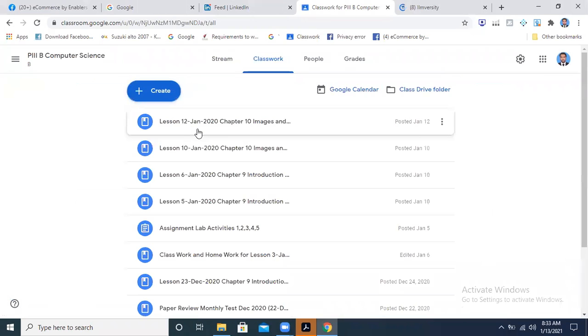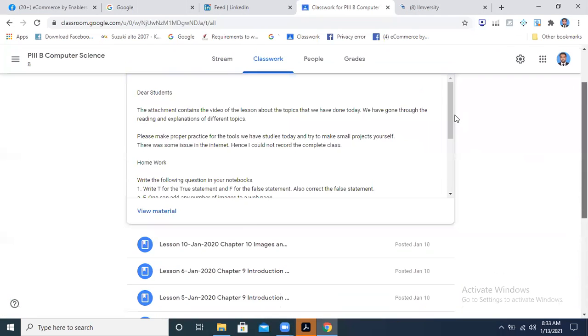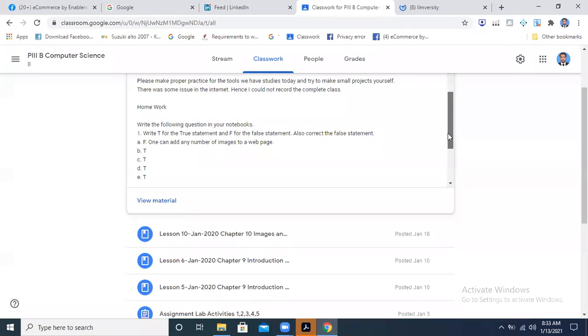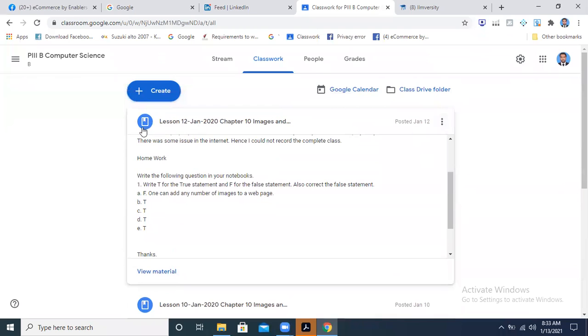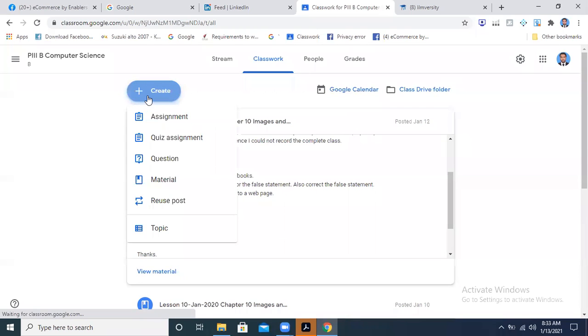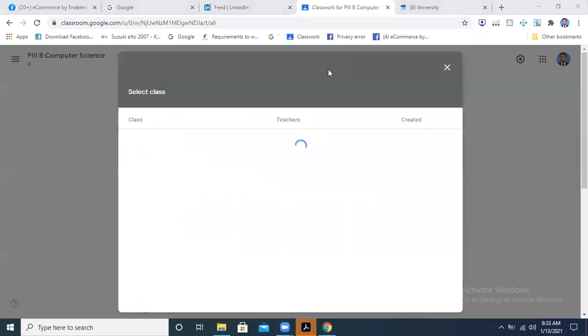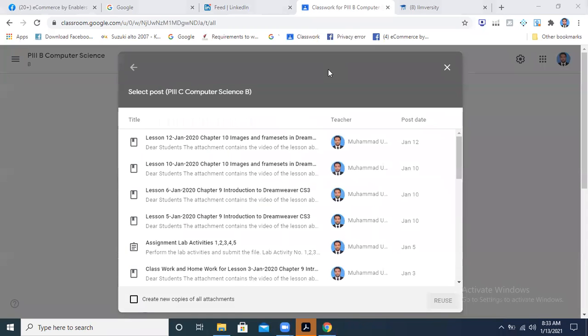Yesterday, this was the work that was given to you, that one question was there for true and false. So today we are going to have another homework. First I upload the homework for you.